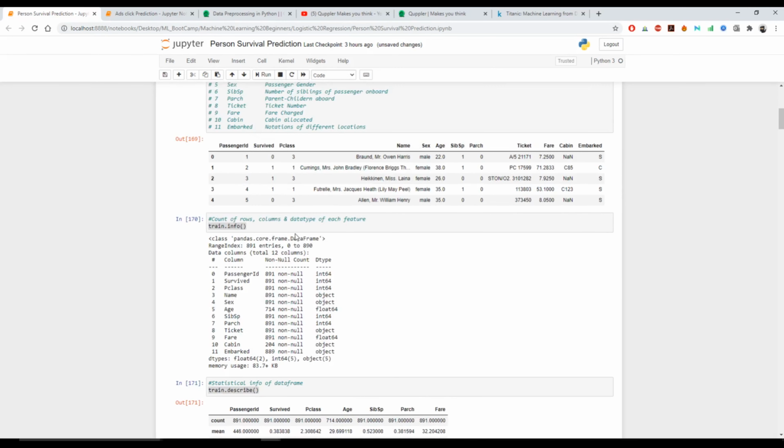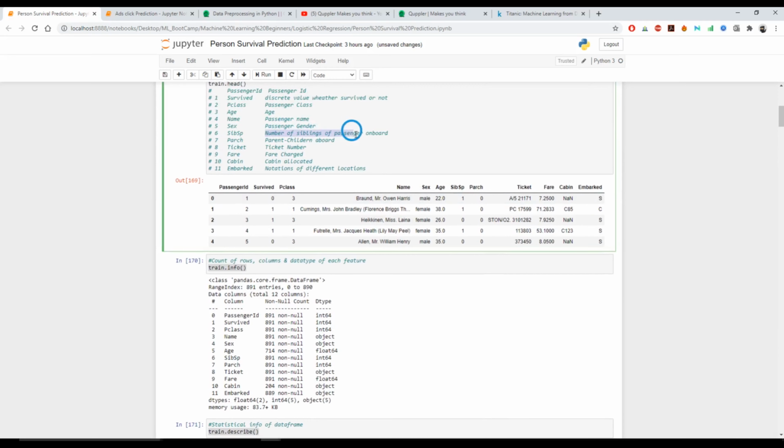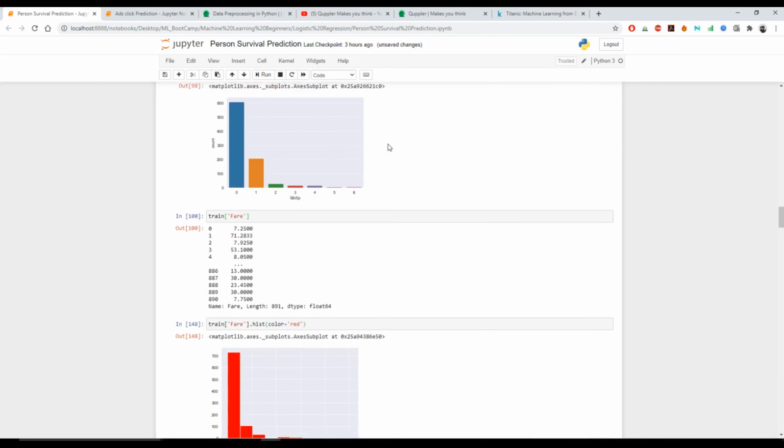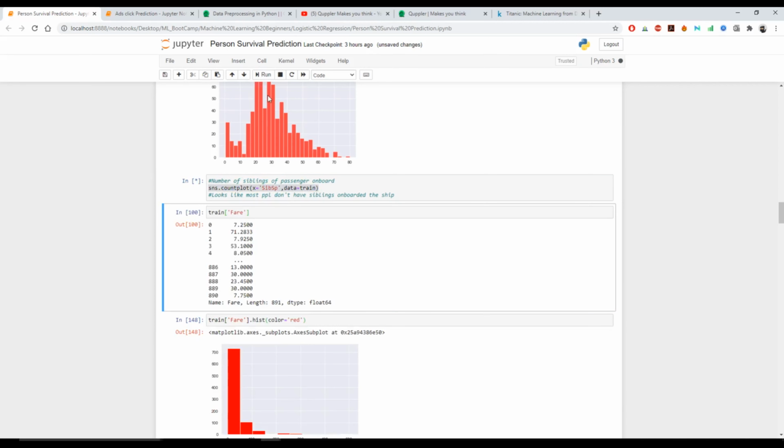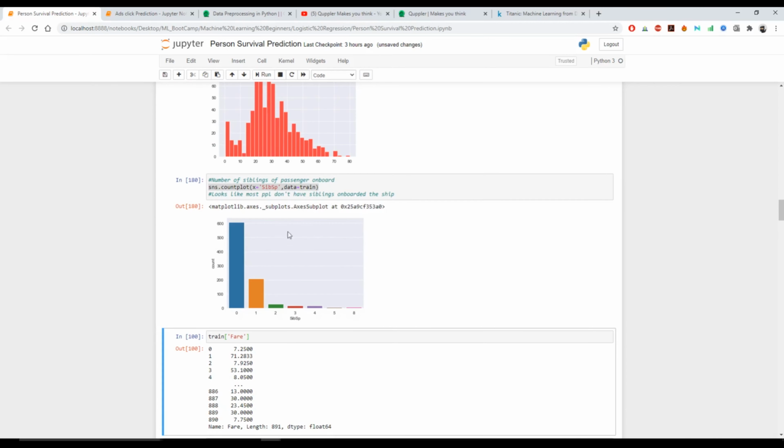There was one column, SibSp, which talks about the number of siblings of the passenger onboarded. For that, we need to create a count plot of it. We're just going to pass the SibSp column of the data frame, which would be train. On passing this, you're going to get values something like this,